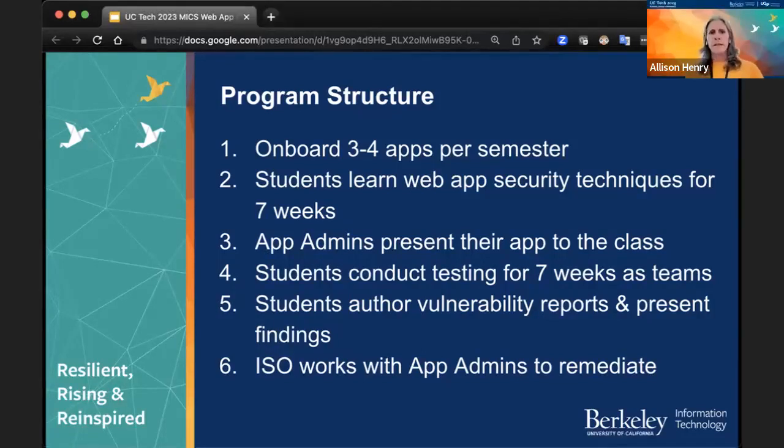Once the testing is complete, they write a vulnerability report, and this is like a professional level report, just like you would provide to a customer if you had a web application testing consulting. It's just very high quality reporting, very professional. And then they provide that to us and to the application admins. And then they kind of throw the ball into our court, because, again, finding the vulnerabilities doesn't do you any good if you don't fix them. So then we use our own vulnerability management and tracking to follow up and make sure that the vulnerabilities that the student team finds are addressed in our actual production business applications.